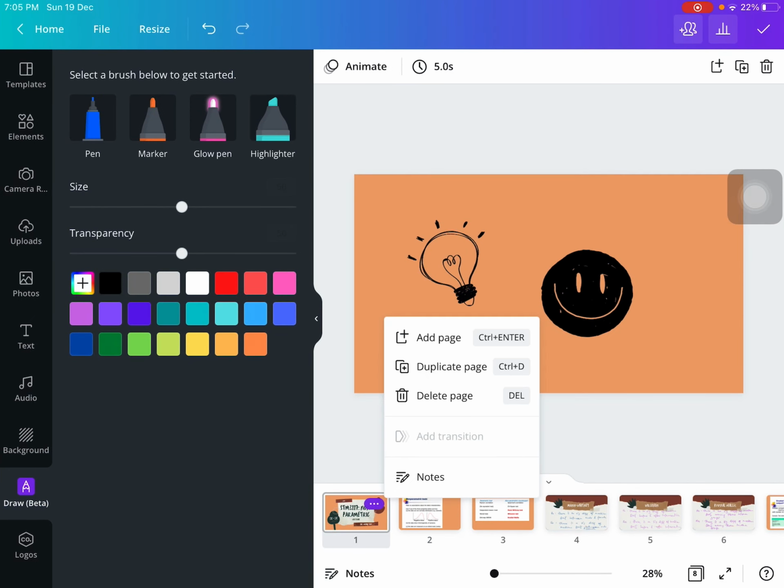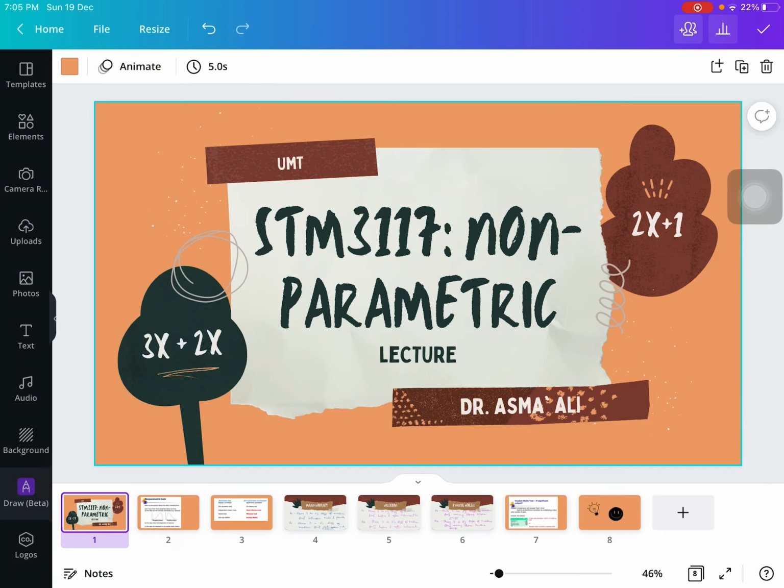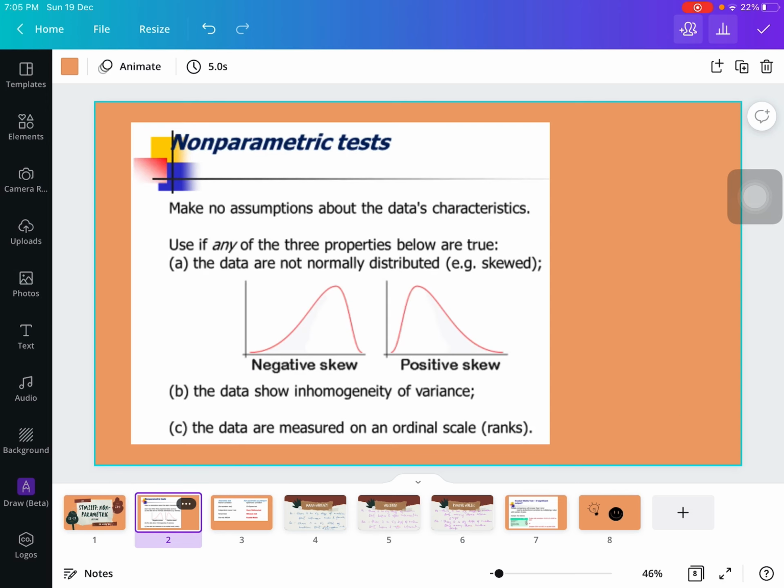So hari ini kita akan masuk tajuk baru. Ni bukan tajuk baru pun sebenarnya, kelas, tapi kita dah cover dalam apa, kelas? Dalam lab. Alright, so macam yang kita tahu, untuk non-parametric test ni kita akan guna bila, kelas? Kita akan guna bila